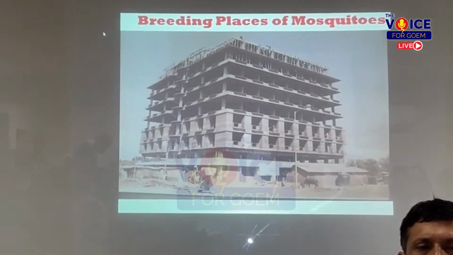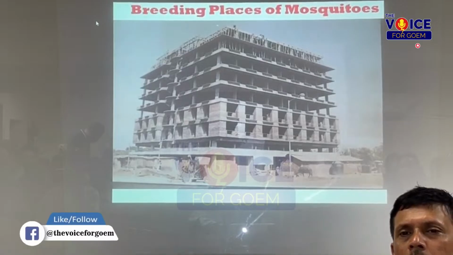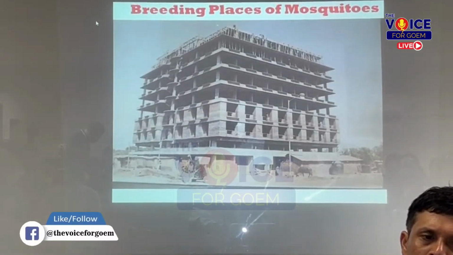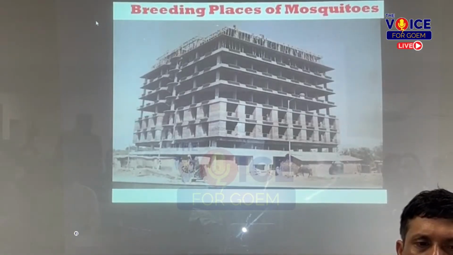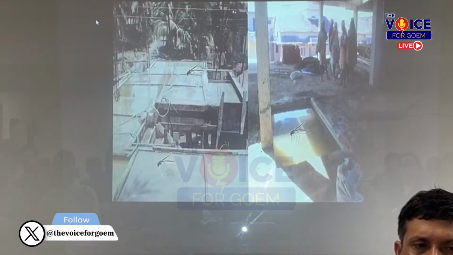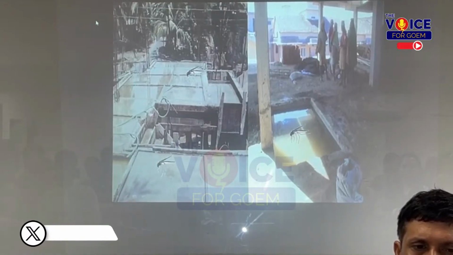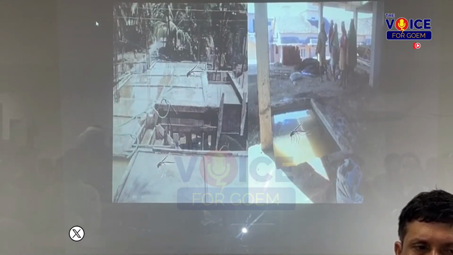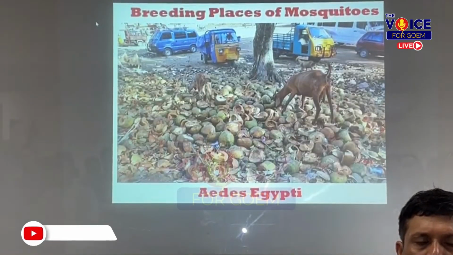As I already told you, it's not just dirty water, it is clean, stagnant water. So these are the places where they can breed. What we will show you now: these are buildings under construction where there is curing water, which is stored for a long time. Next. Then again, these are places with cooling waters, some lift wells. Next, please. Then this is one more, again now in the hot season.